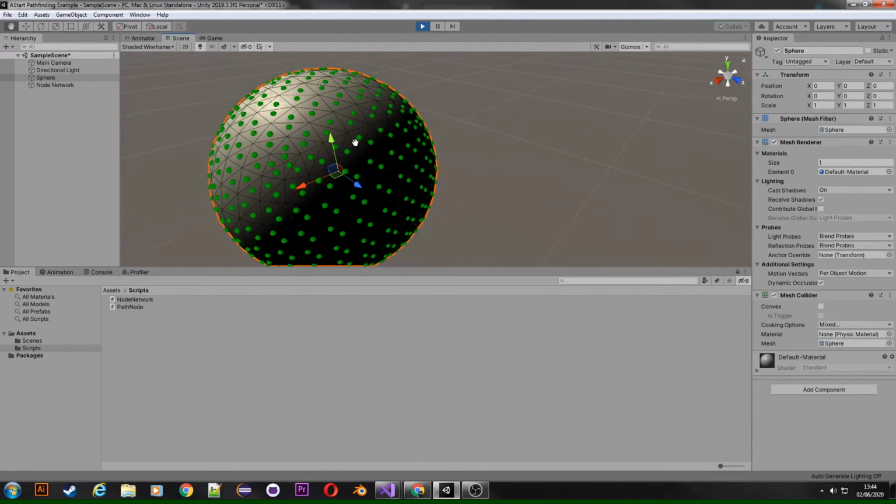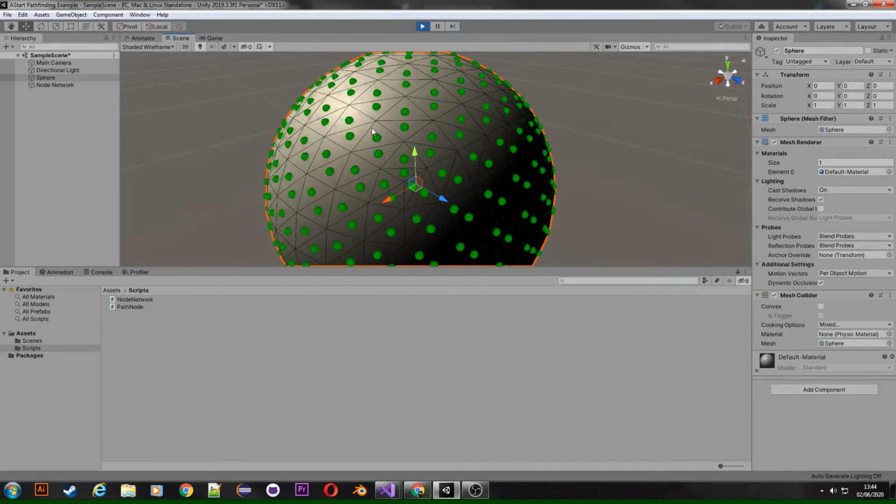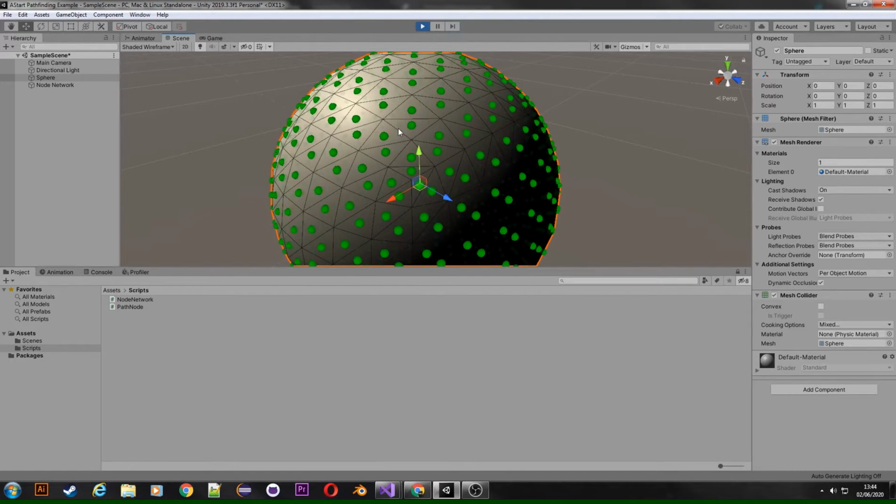in order to use A star algorithm. So the next step that we're going to need to do is store each of the neighbors of each of these triangles here. This is something that the algorithm needs to know. It needs to know which nodes it can go to. So what I'm going to do is we're going to have 12 neighbors for each node, and we're just going to say whichever triangles share the same